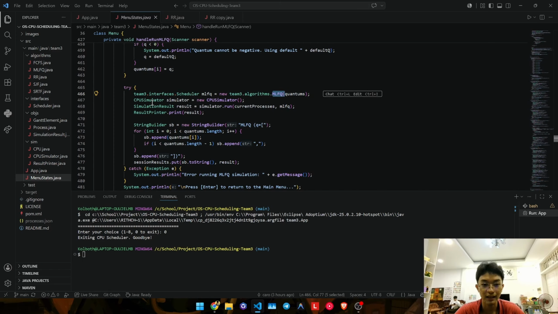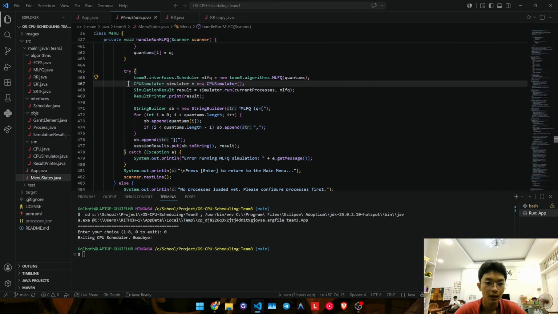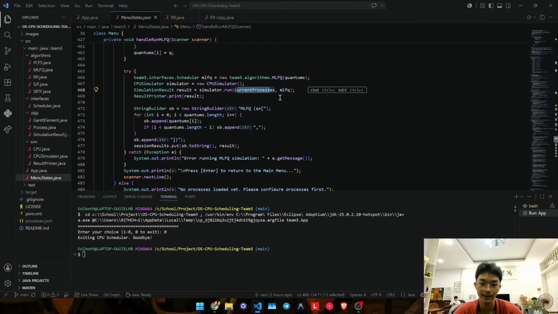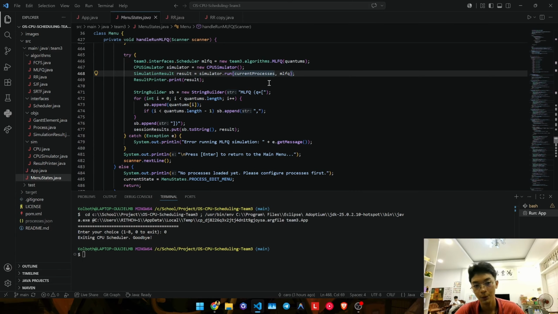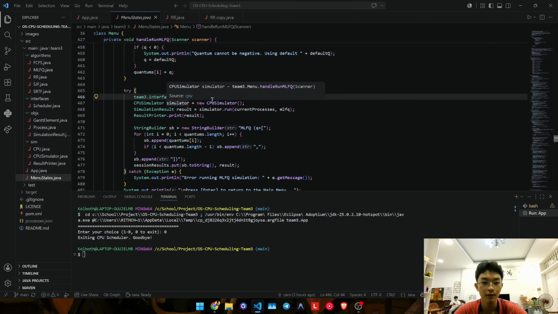Before we go on to that, let's look at how it is run. It first checks the scheduler. We take the scheduler interface as MLFQ, and we upcast to the MLFQ algorithm class, create a simulator object, and run the function by passing the current processes, which are read at the start of the program, and also our algorithm scheduler. If we go check into the MLFQ algorithm,